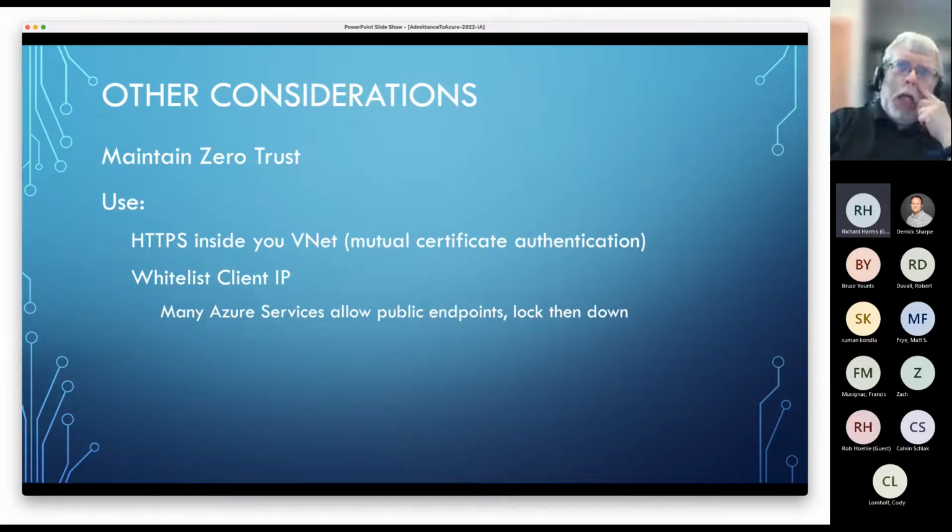And of course, some of the most important considerations is we need,